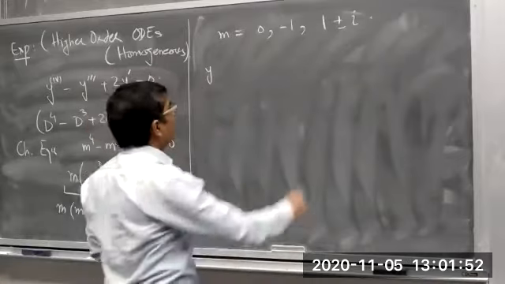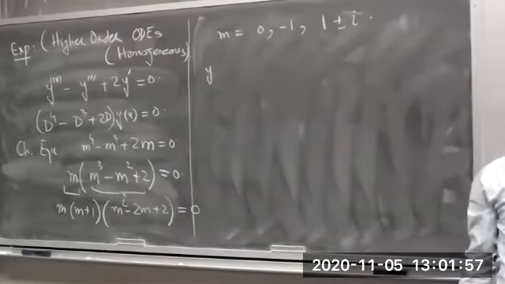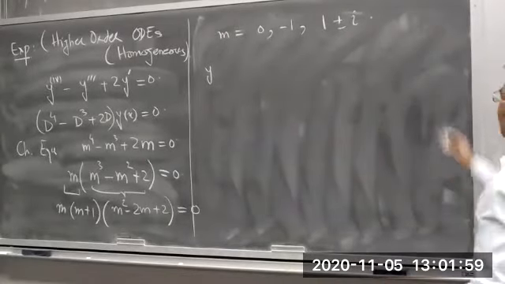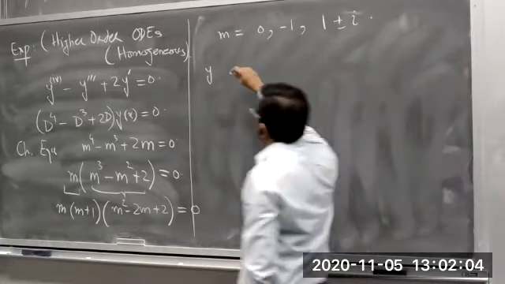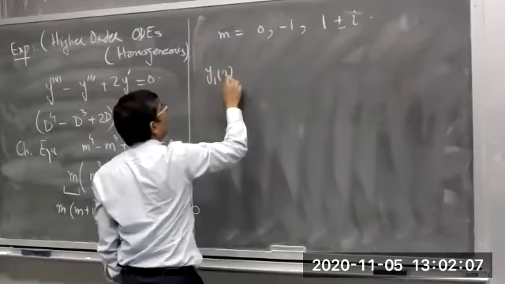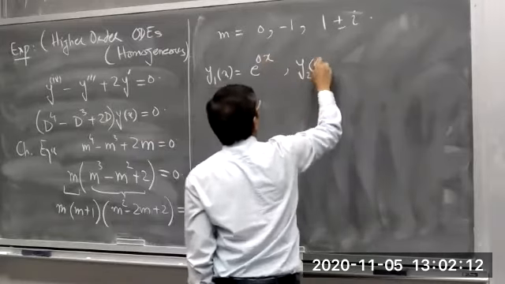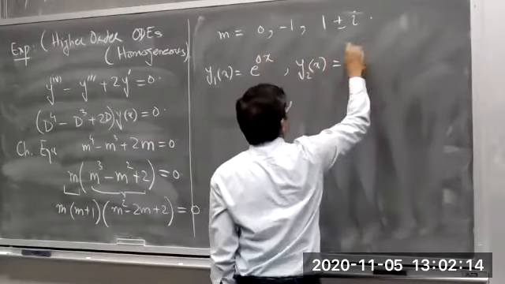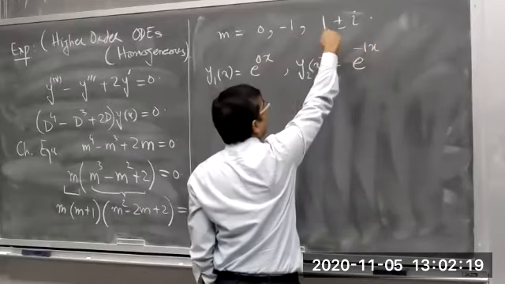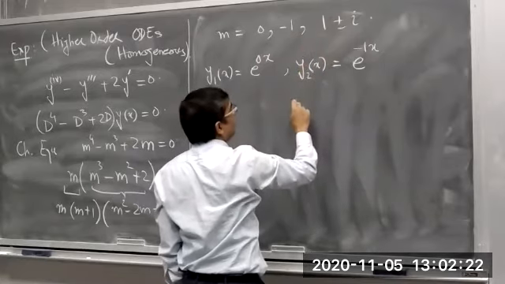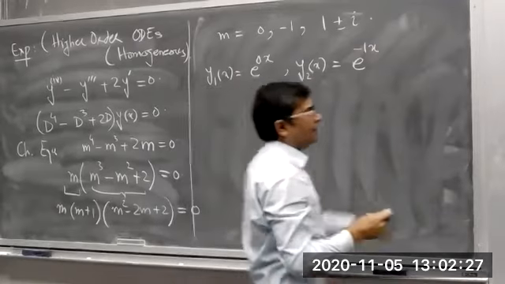Okay? But these 2 roots are complex and they exist in pairs. Then we can write the general solution corresponding to these 2 complex roots as a combined solution. So y1 can be written as e raised power 0x. y2 can be written as e raised power minus 1x, and y3 and y4 we will write together here. So the solution that comes from here, basically, you can see here,